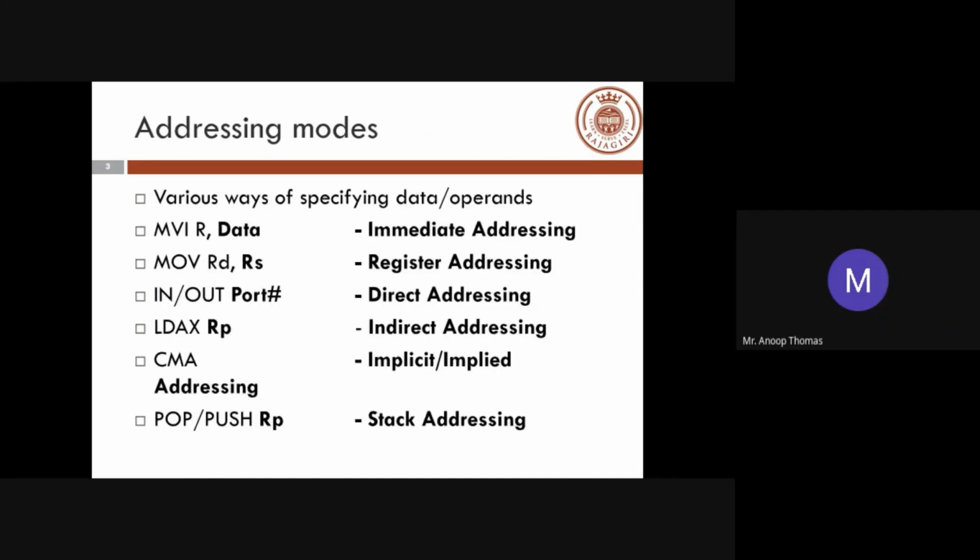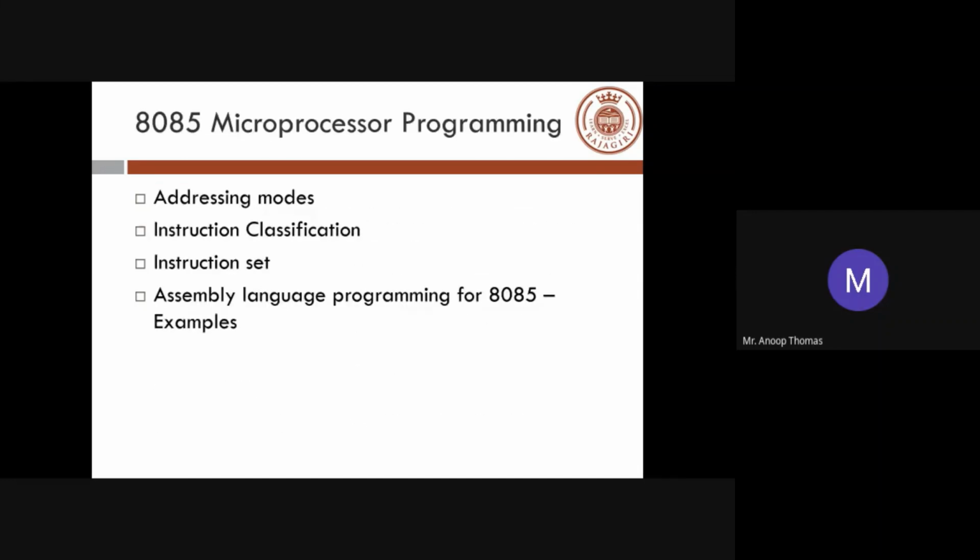I think we have around 74 instructions with different kinds of addressing modes. So memorizing all the instructions is difficult. We will just go through these instructions and try to understand what they are. While coding, we will be able to assume what a particular instruction is. That we will do later. So today we will stick to the first 2 points. One is addressing modes, the other one is instruction classification.